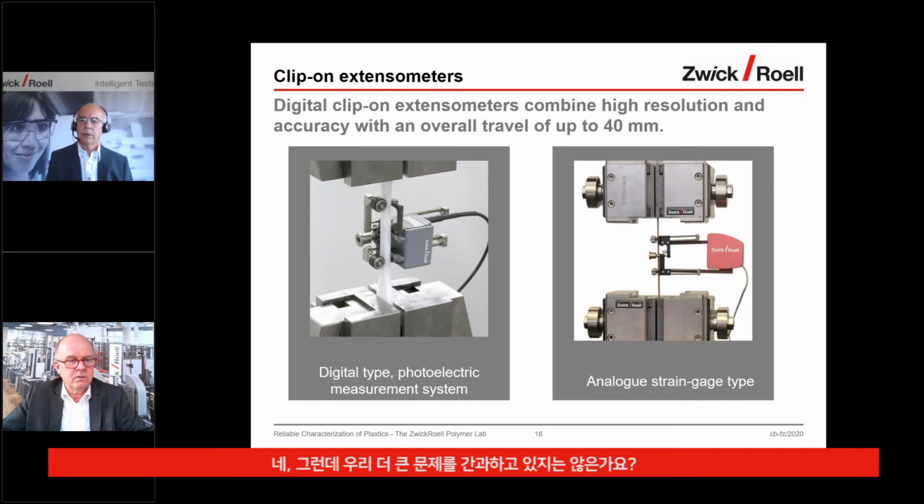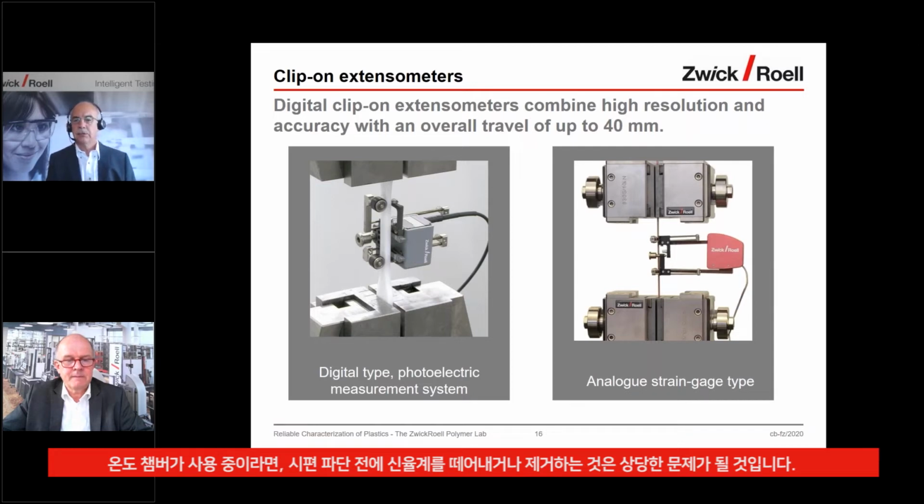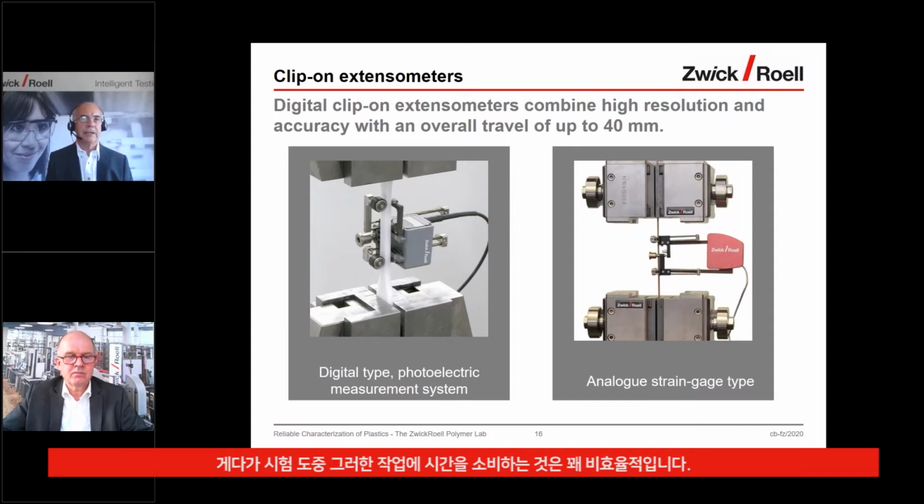Okay, but are we overlooking an even bigger problem? If the machine, for safety reasons, for example, has to be equipped with a locked or lockable safety door, safety shield, or is using a temperature chamber, then surely attaching and removing the extensometer before the specimen failure is really troublesome, and it must also be quite inefficient to spend so much time doing that and caring for safety